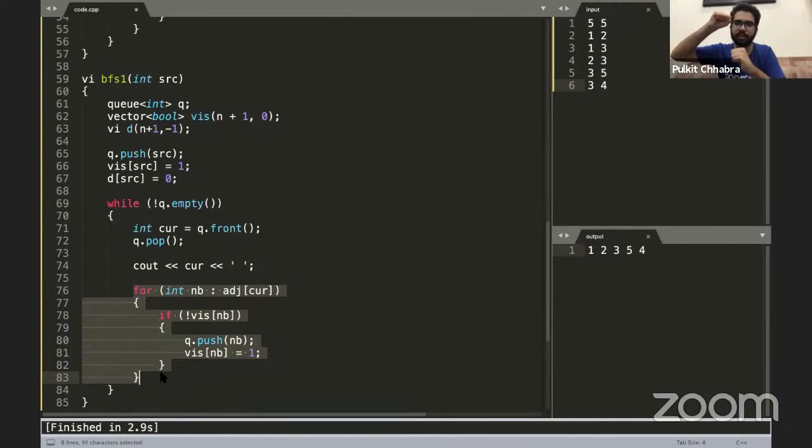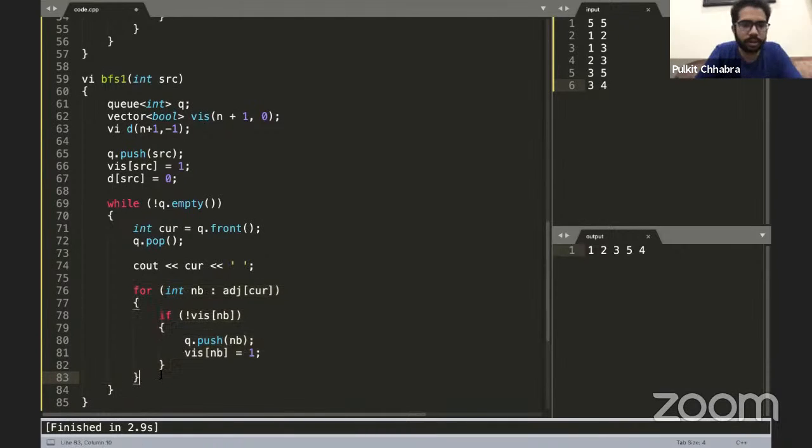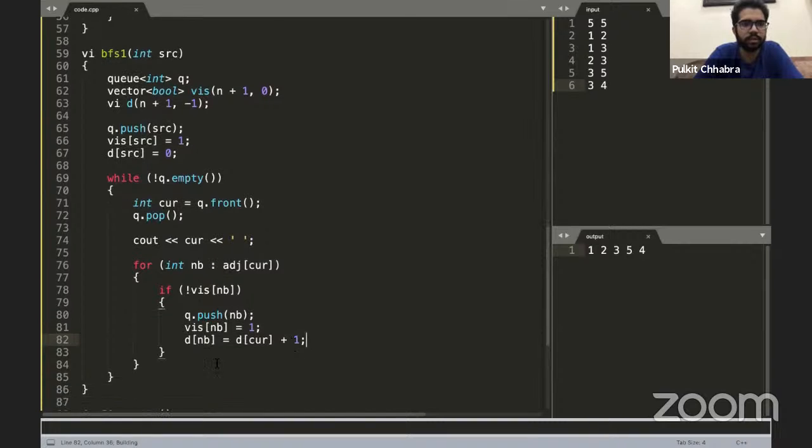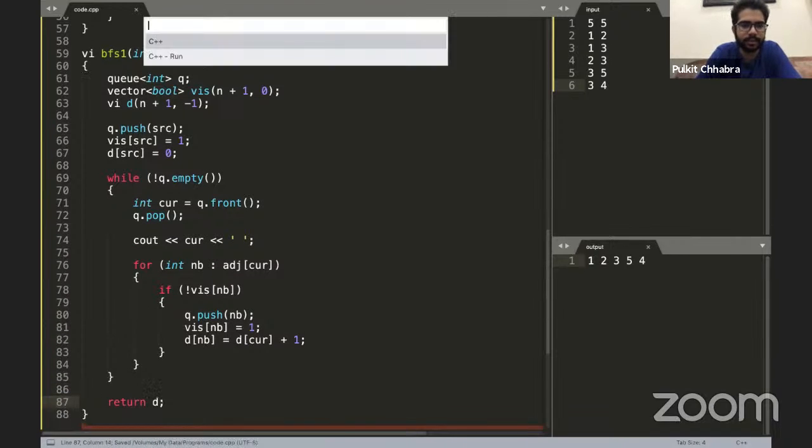So this neighbor node comes in the subtree, sort of, and is a child of this current node, because the neighboring node has been added to the queue through this current node. So since the current node is the parent of the neighbor node, when I am pushing the neighboring node to the queue, the distance of the neighboring node should be set as the distance of the current node plus 1. Cool. And then I just return this distance.